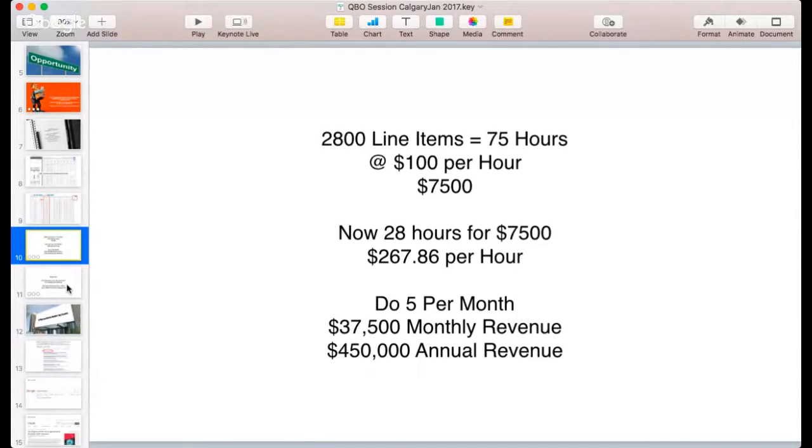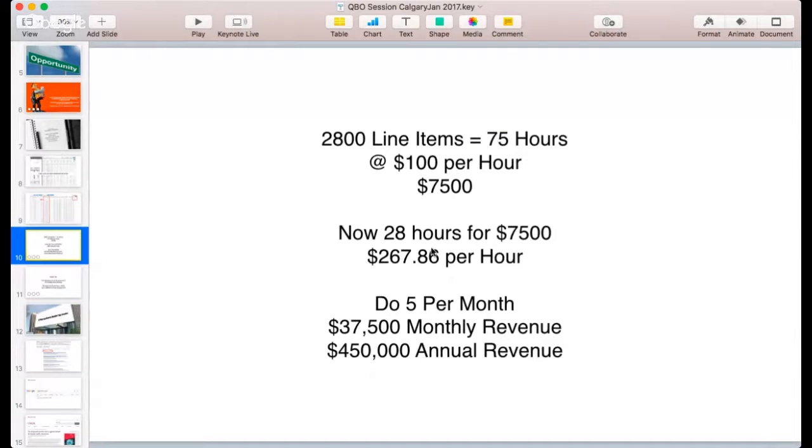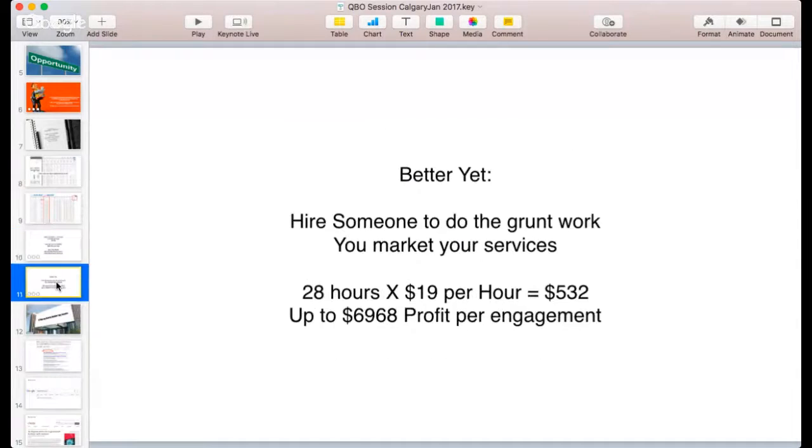Here's something even better: this work, the work in the center part, you don't necessarily have to do that. You can have someone else do that. If you hire someone at a certain rate to do grunt work, and I don't mean grunt work in a mean sense, I mean just the admin work, to get this stuff done for you, you focus your efforts on marketing your services and just touching base with CRA. This becomes hugely more